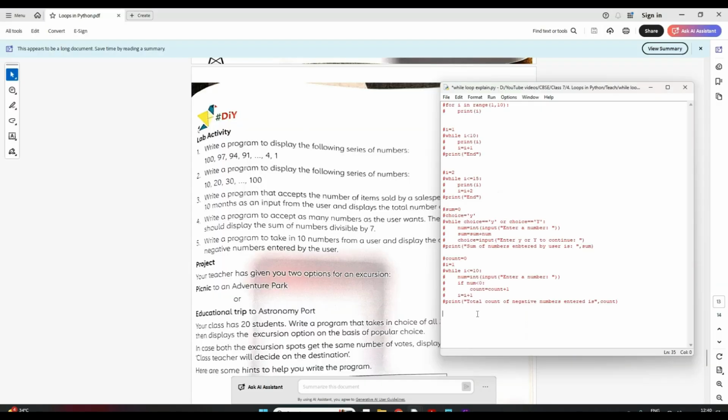So very simple. Let me do it with the for loop. For loop will be very easy. For i in range, what will be my range? 100 starting, end will be 1, and in the step of -3. Correct? Simple. Print i. That's it. That's the program, just a 2 line program.